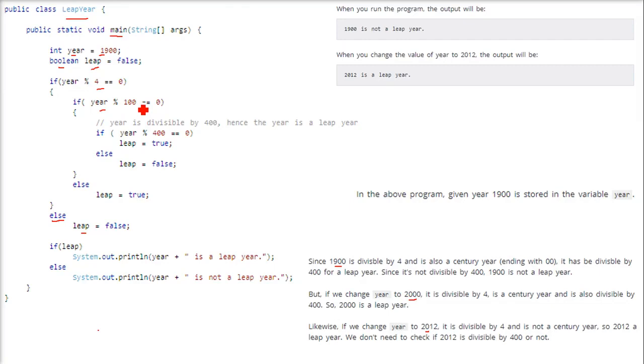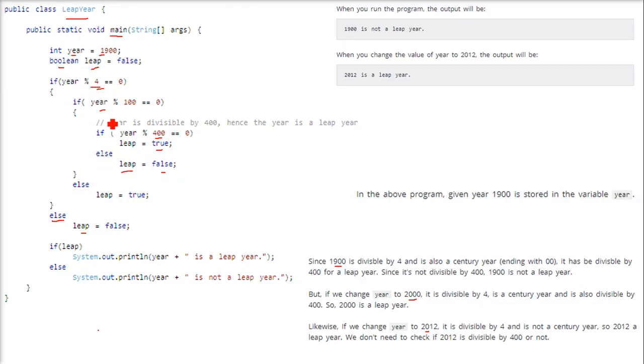So if it is a century year, then you go inside, and as I said, for a century year you have to check for 400 also. We have an if, and this year has to be checked for modulo 400 with remainder 0. That means it is divisible by 4, it is a century year, and it is divisible by 400 also. Then we say leap is equal to true. Otherwise, we say leap equal to false, right?